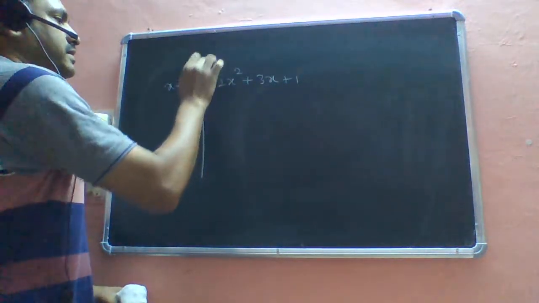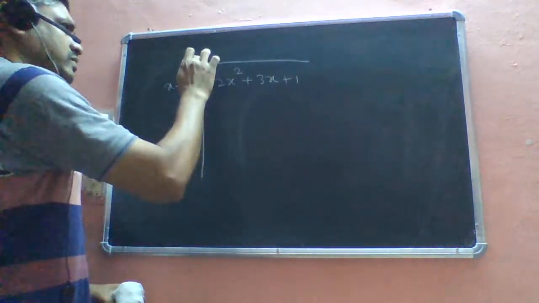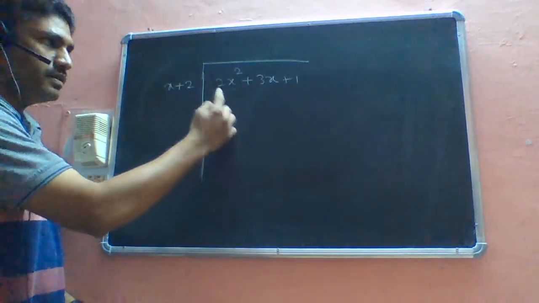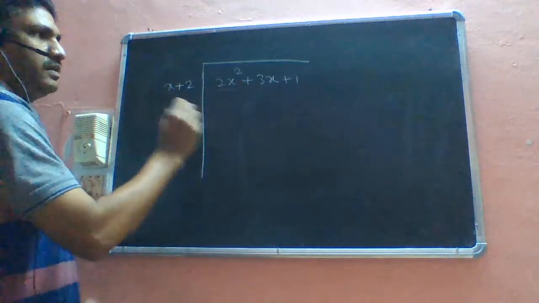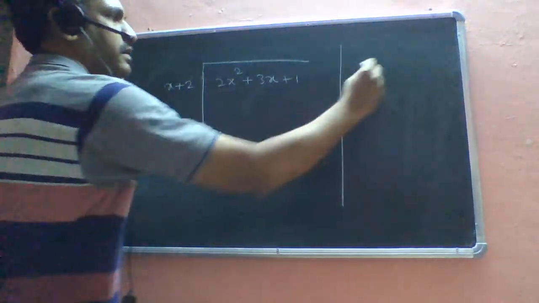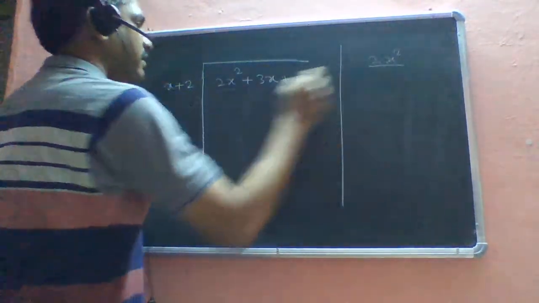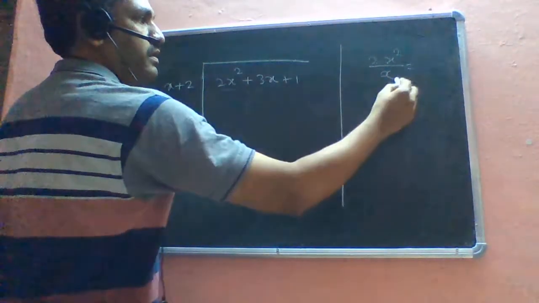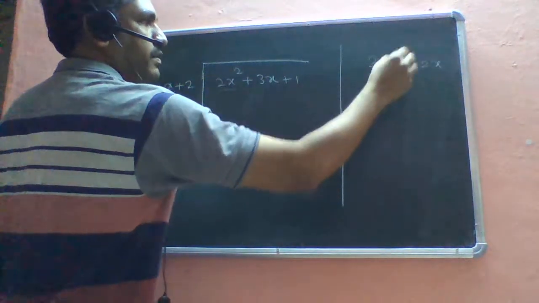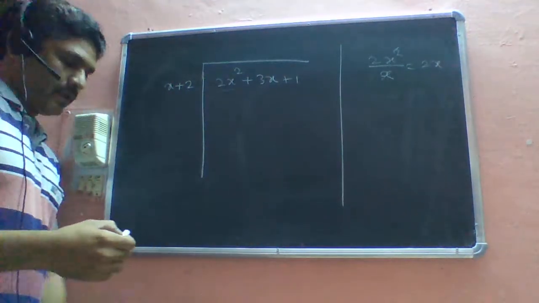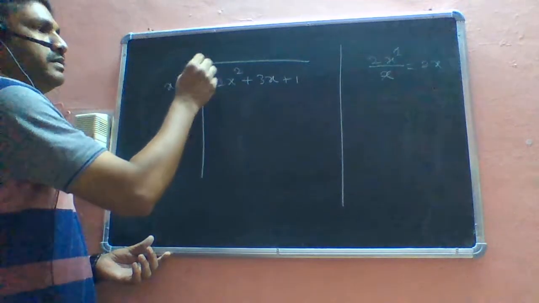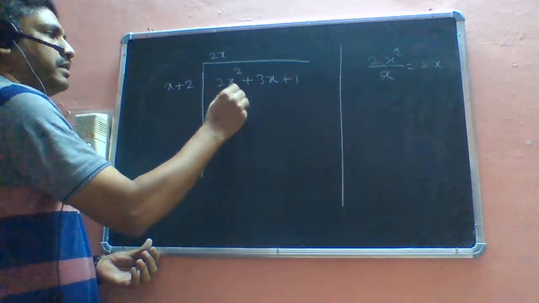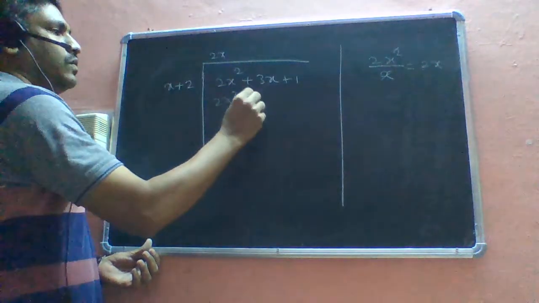Now, what are the steps that I have, and you also know those steps. We have to always consider the first term of the dividend, this is called dividend, and the first term of the divisor. And I will write them down here. 2x square divided by the first term of the divisor, that is x. So carry out the division, you will get 2x, by cancelling out the x. And then you write down the first term of the quotient, 2x. Just multiply these two, 2x square, and multiply these two, you will get 4x.